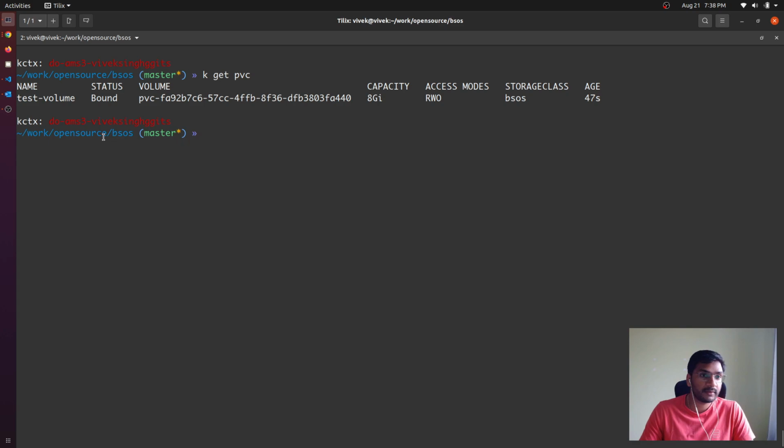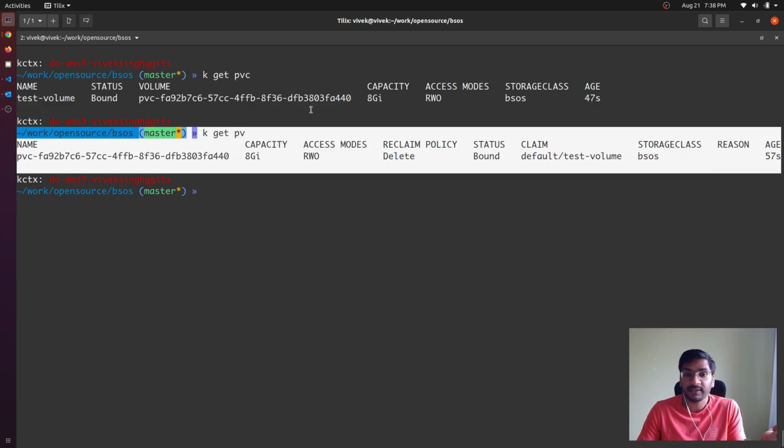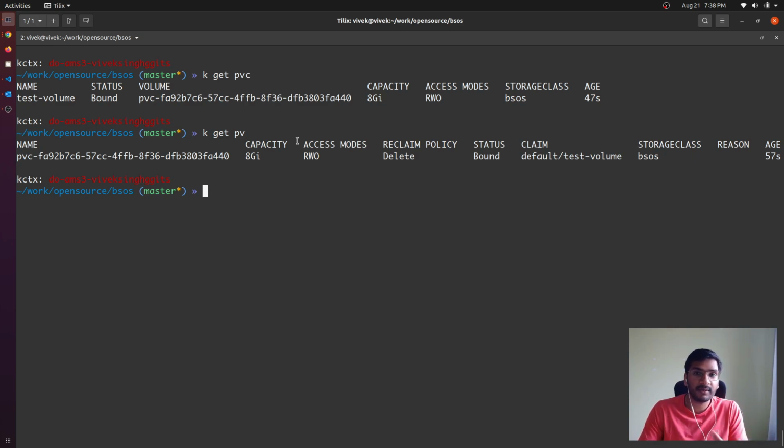So if you see here, we have PVC and the status is bound. It simply means that the volume was provisioned. And if we get PV, we can see the PV as well. We can obviously see the storage class. So now we are actually able to provision a volume using the